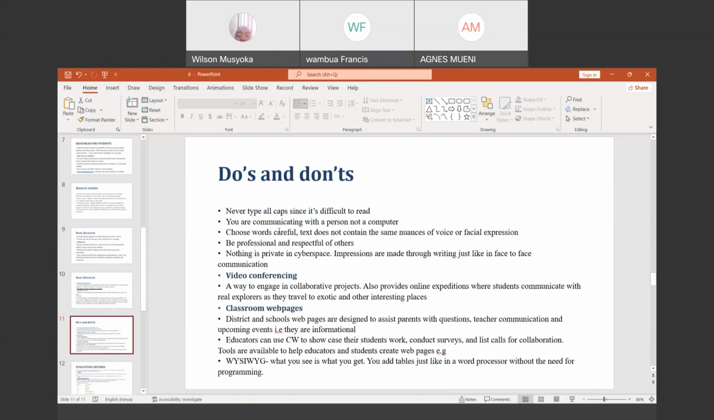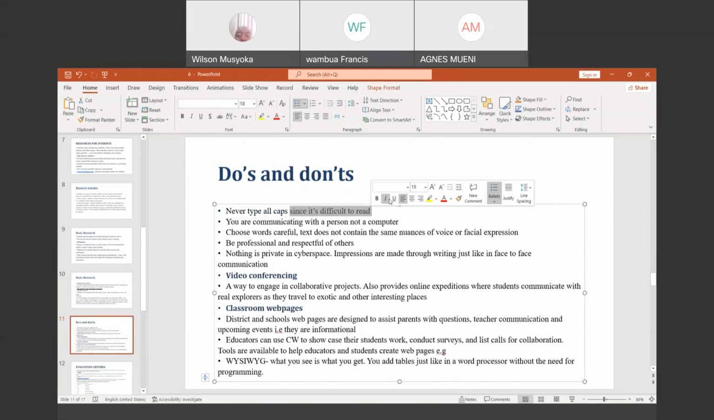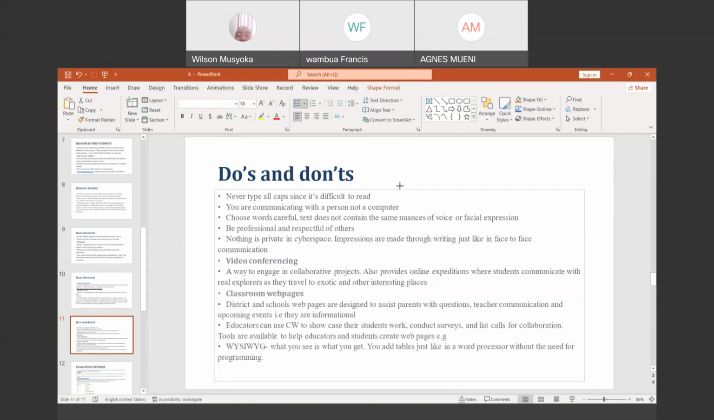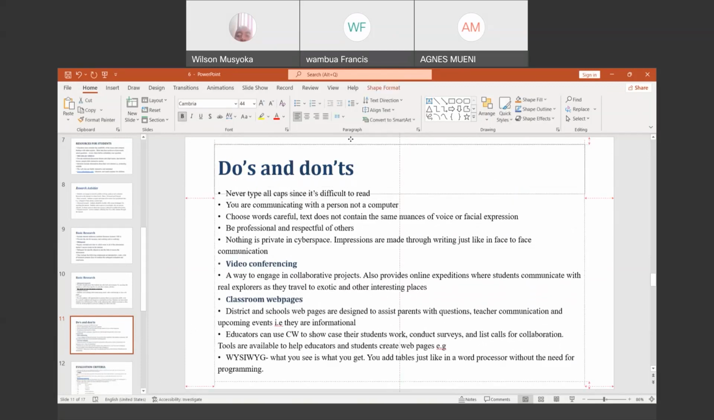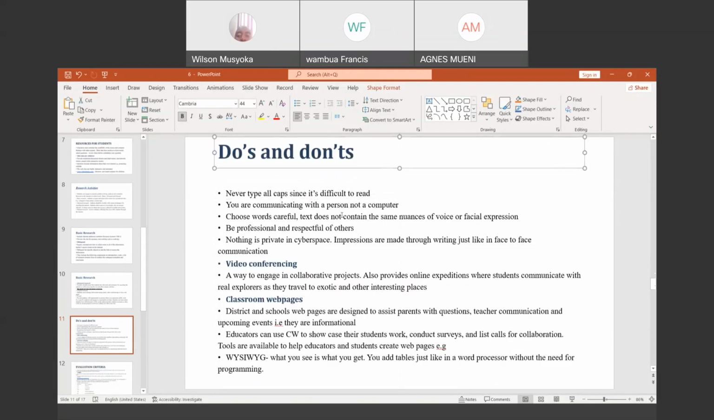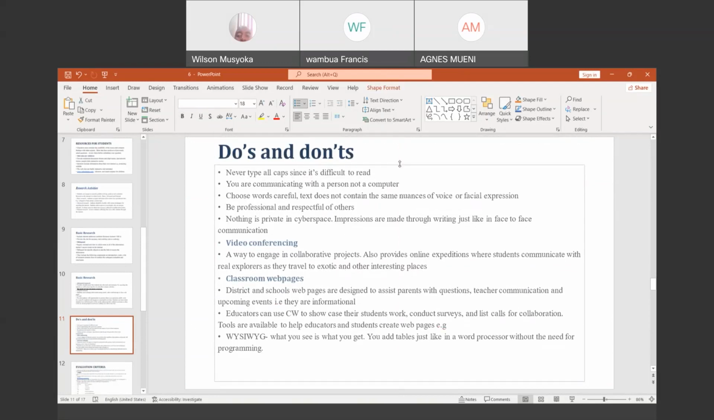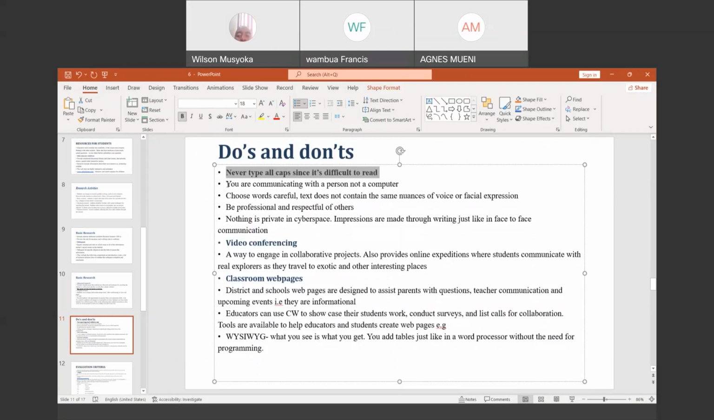the do's and don'ts? Number one is that you should never type in all caps because it is going to be difficult to read. I hope this is visible, or do I need to expand the font? So never write in caps. You are also communicating with a person, not a computer, so you need to use the right language. You need to choose words carefully